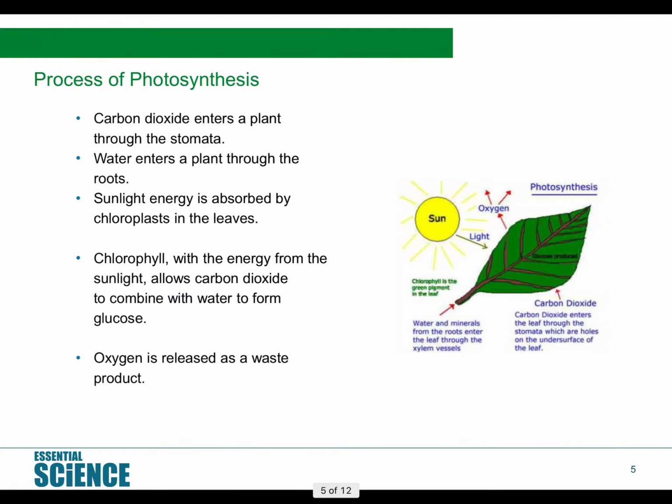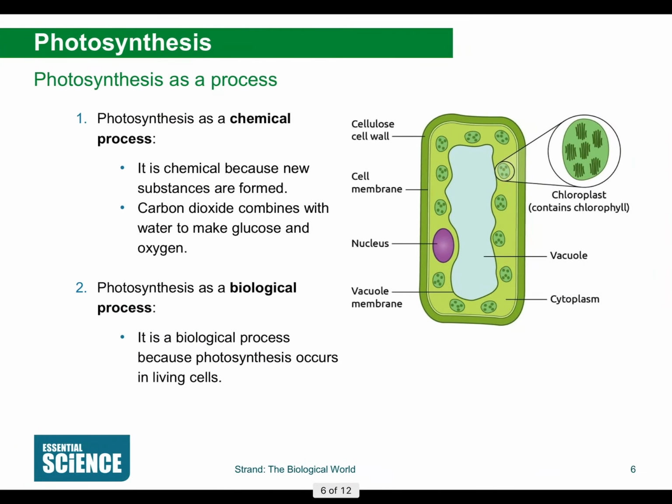The chloroplast is a little organelle in the plant cells. Okay? Now, you can see the plant cell here, and again, look, you can see the chloroplast, which is where photosynthesis occurs, because that's where your chlorophyll is. And remember, you need the chlorophyll to trap the light's energy to convert the carbon dioxide and water into glucose